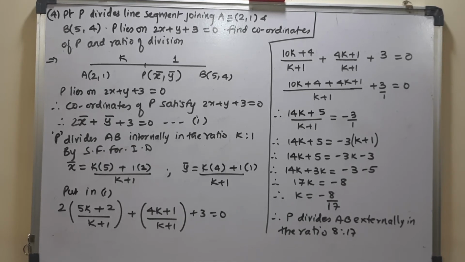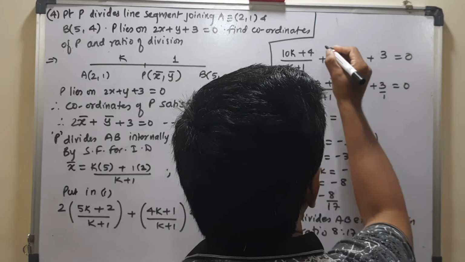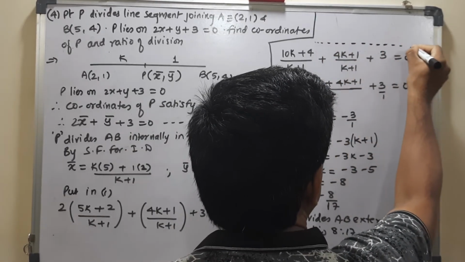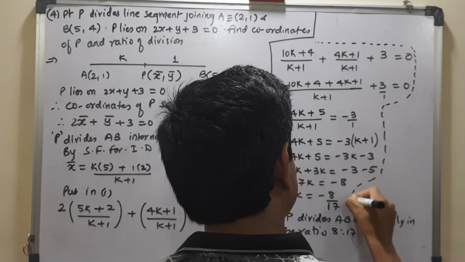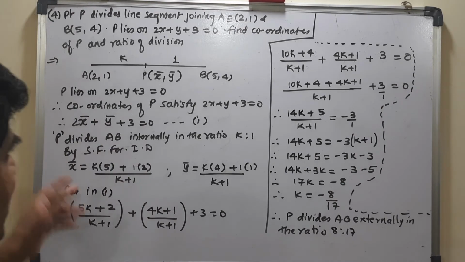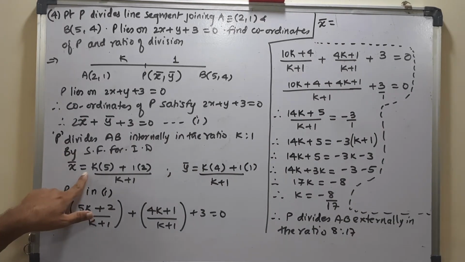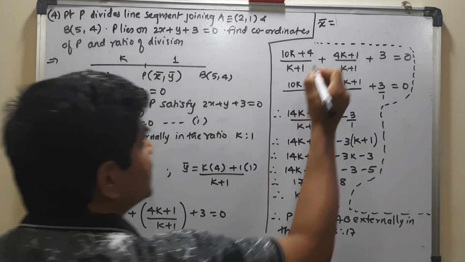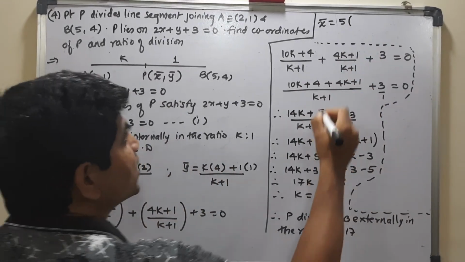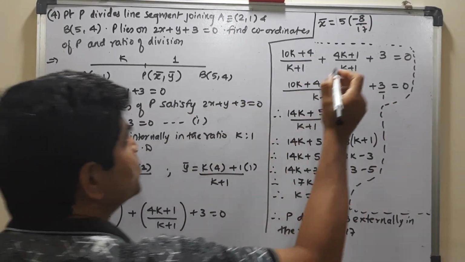So obviously you can find the coordinates of p, which is x bar and y bar. So I am falling short in space. So what I am doing here, I am writing it this side, whatever is possible. So I will be writing in this much portion whatever is possible. Otherwise I will skip it. Now x bar is your this one, that is 5k. So 5 into k is what? Minus 8 by 17. Okay, plus 2